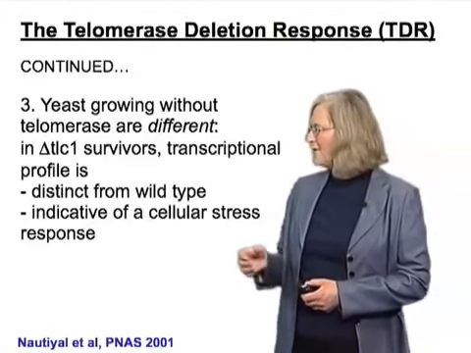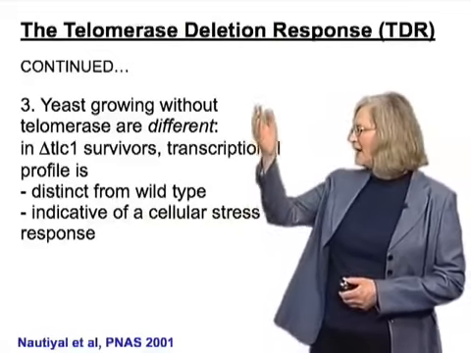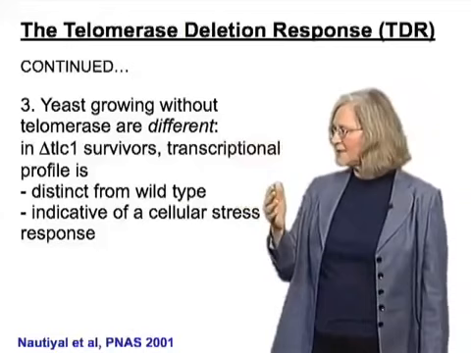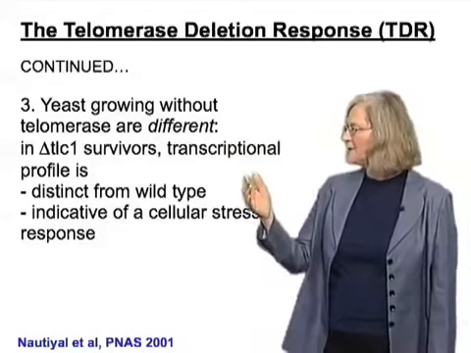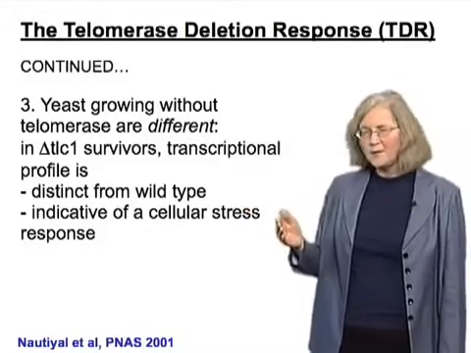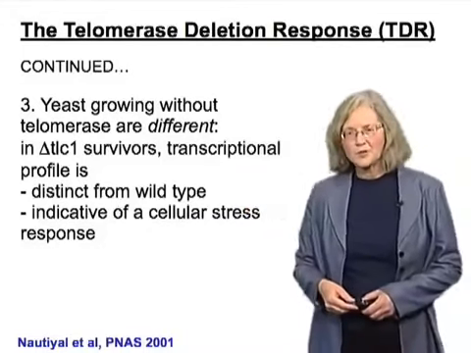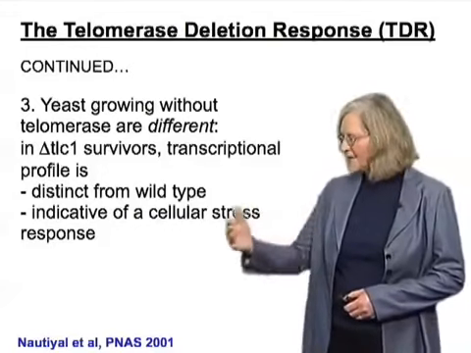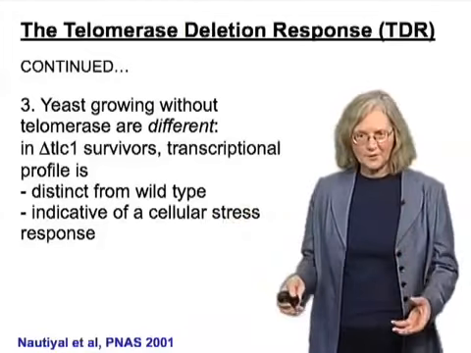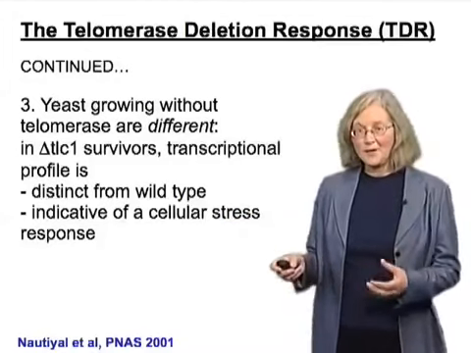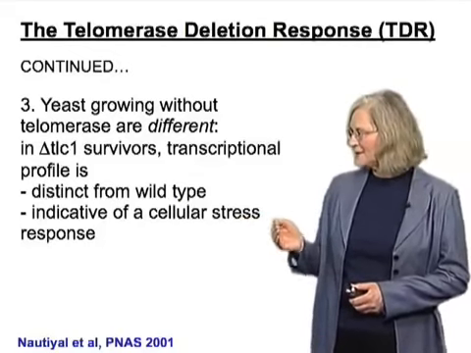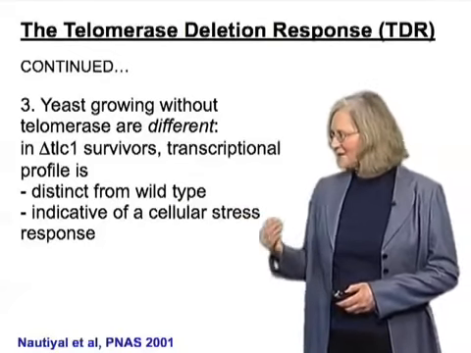Now, the survivors were fascinating because even though I showed you they appeared to grow quite well, they had a gene expression transcriptional profile which was distinct from the wild-type cells. And what persisted was a subset of the environmental stress response genes that stayed on. So what's interesting is that those cells which appear to be growing well on the surface are stoics. They're really hurting. Their physiology is different, and they sense themselves as being under what they sense as a cellular